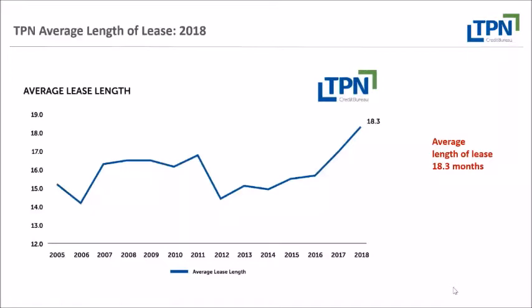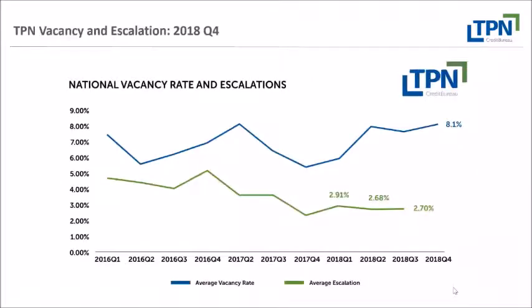And then the green bar, and please note, gentlemen, this is national vacancy and escalation, so it's not particular to Johannesburg or whatnot. The green is the average escalation. You can see that rental is escalating at 2.7% every year. That's again something we need to be aware of, because every year this increase in rent means we're getting more money in per year.